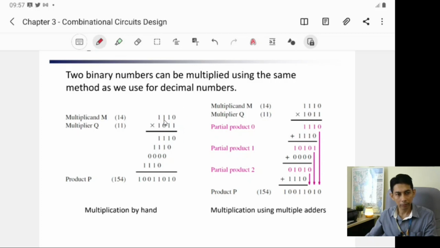And again, here you want to add. Add this to this, add this to this to this, which means that you can use an adder. So now, in hardware, to multiply numbers, you can use an AND gate and an adder. Now, in hardware, to do this add 4 times like this is